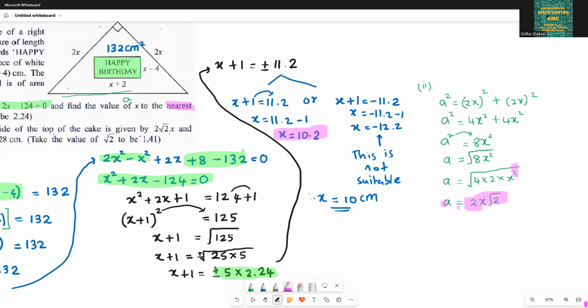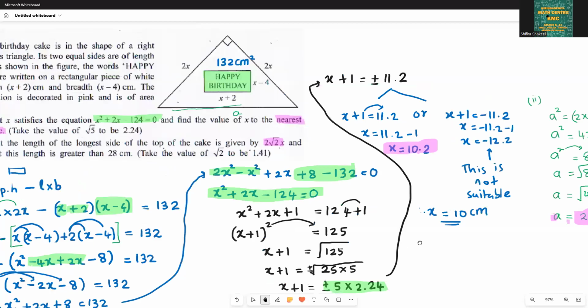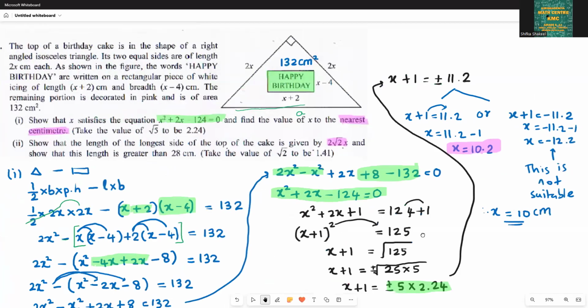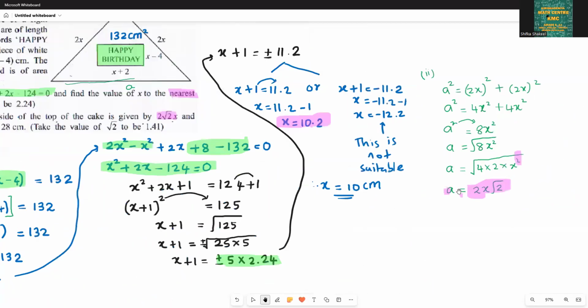A is equal to 2x root 2. They are asking you to show it, so we will check the question again. Show that the length is greater than 28 centimeter. We have to show this length is greater than 28 centimeter. So A is equal to 2x root 2. Between these multiplications, the x value we found is 10, and the root 2 value is given